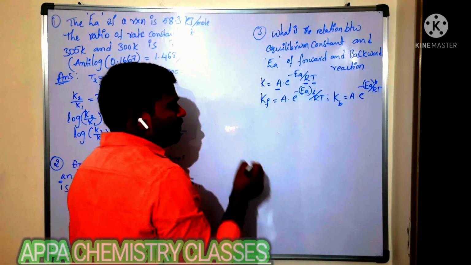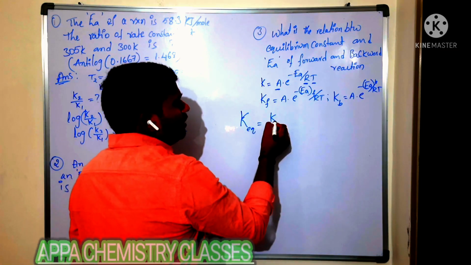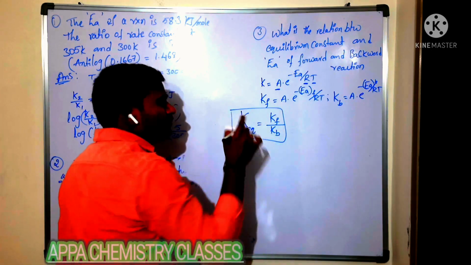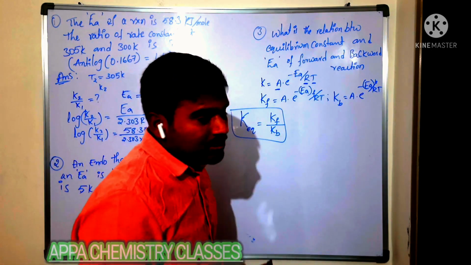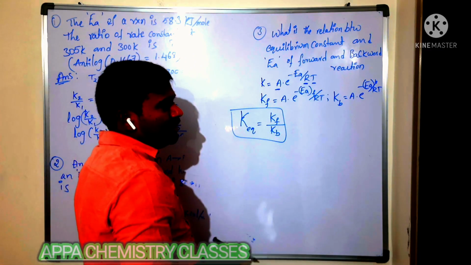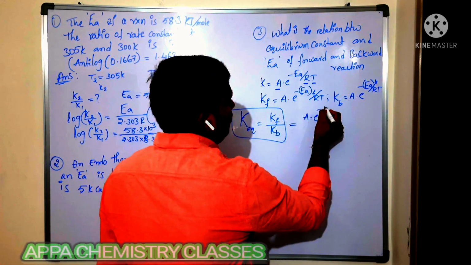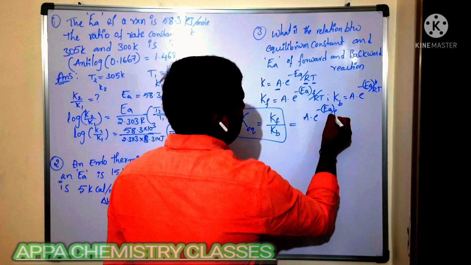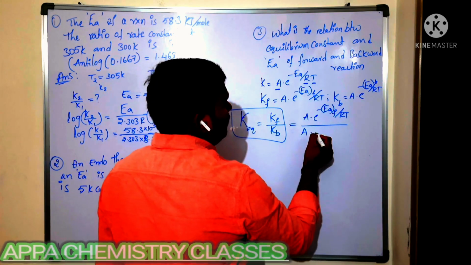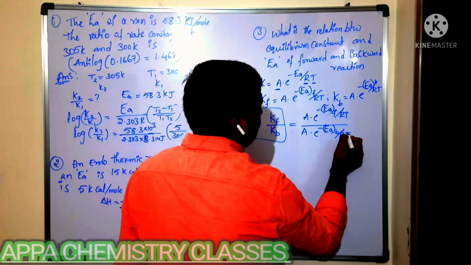Now in this case what we know here, equilibrium constant K equilibrium is equal to rate constant in forward direction by rate constant in backward direction. This we will get in chemical equilibrium in first year. So this is a very important application related question. One time it was asked in mains also. Kf value will be A into e power minus Ea forward direction by RT, whole by A into e power minus Ea backward direction by RT.